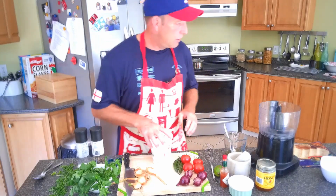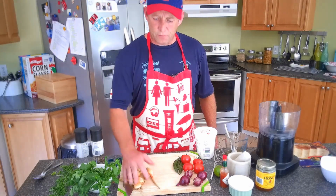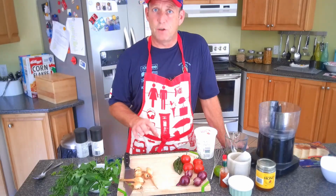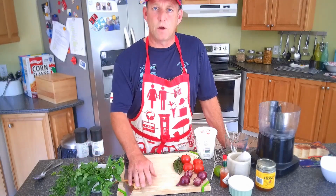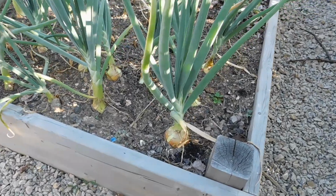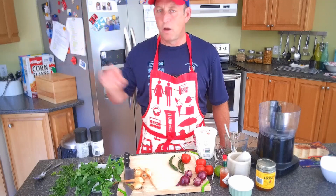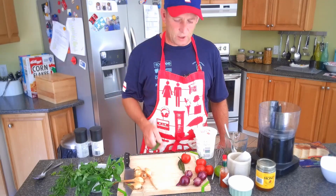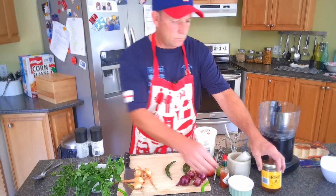It's a yogurt based dish. So what do we need? We need some yogurt, we need some onion. The majority of the fresh ingredients will be from my garden. So I've got some mint, some coriander, some young onions here. My big onions are nearly ready but not quite, so I'm going to use these onions. Tomatoes for later. I'm going to hold my hands up now: my chilies have been a complete failure this year, so I've had to buy some chilies. So I need one chili, some honey, some sugar,